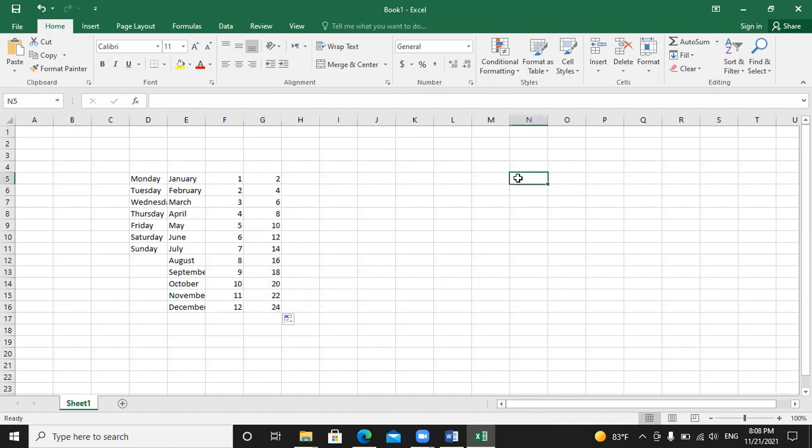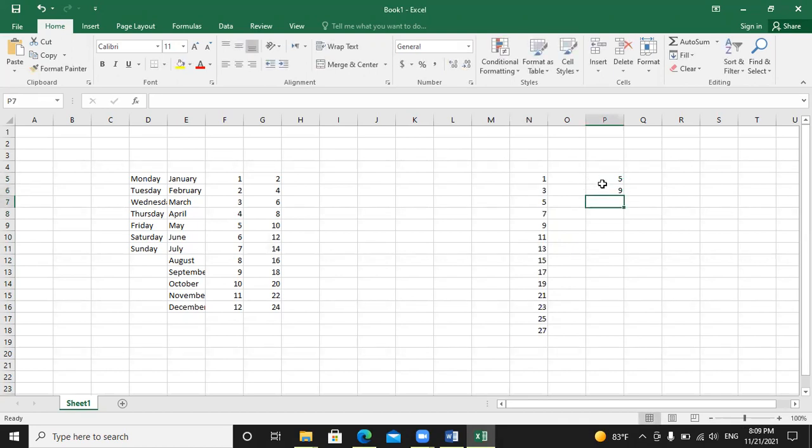If I write here 1 and 3, what is the difference between the two numbers? 3 minus 1, so the answer is 2. After that, it will be 5, 7, with a difference of 2. I select these two numbers, 5 and 7, and so on. It will continue like that with a difference of 2: 5, 7, 9, 11. Suppose here I write 5, and after that I write 9.